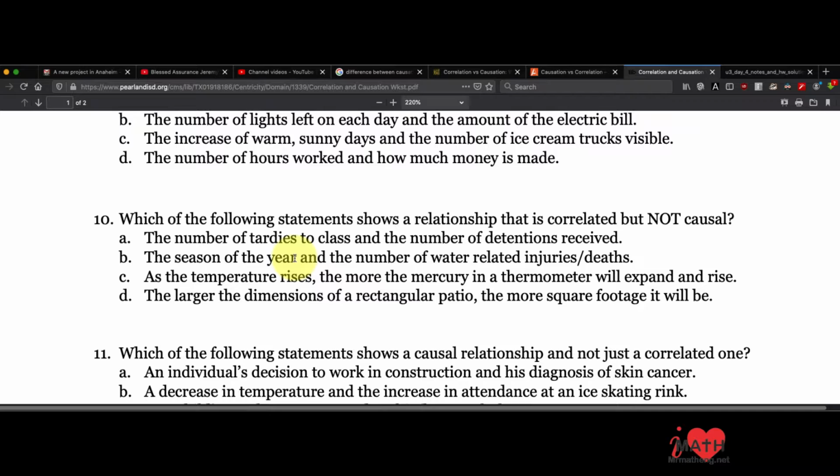The season of the year and the number of water-related injuries or deaths. Okay, this one looks like a correlation to me. Let's go through the other ones. As the temperature rises, right, so 100 degrees, the mercury in a thermometer will expand and rise. So a thermometer measures the temperature, so this one looks like a cause. D, the larger the dimensions of a rectangular patio, where you guys sit outside and hang out, the more square footage it will be. So if you increase the dimensions, will it be a bigger place to hang out? Yes. So the correct answer would be